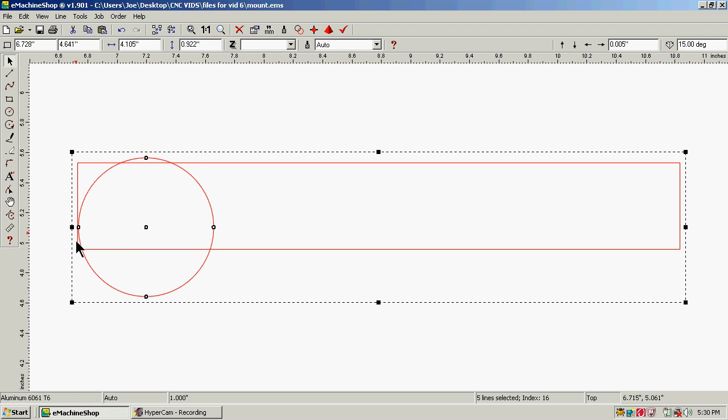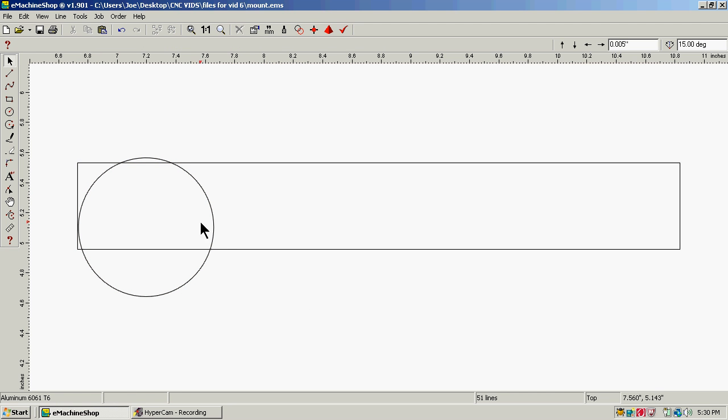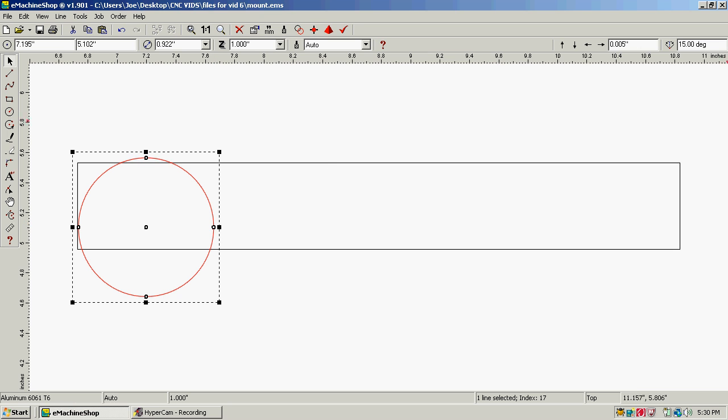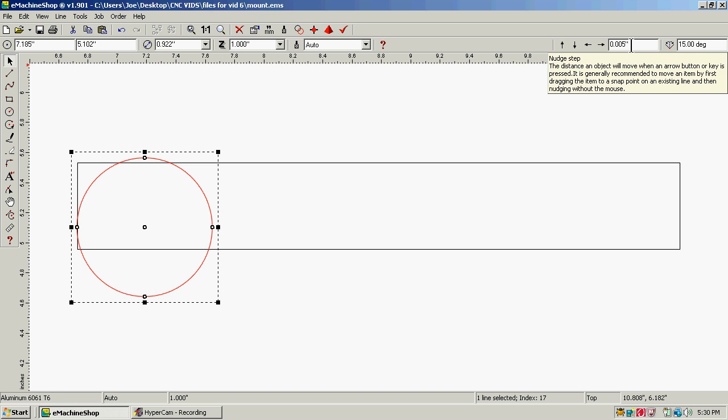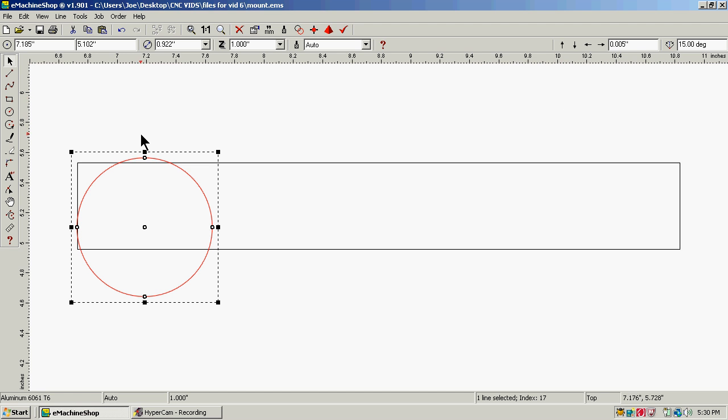If you look right now, you can see that I don't have these two lines intersecting with the top of this. So what I want to do is select a circle, and since I'm set on 5 thousandths up here at the top, I'm going to nudge it 5 thousandths to the two lines across. Okay. I believe you were trying to say you've got a lot more arc on one side than the other side. Hopefully I'm getting close to what you're saying, but right here,